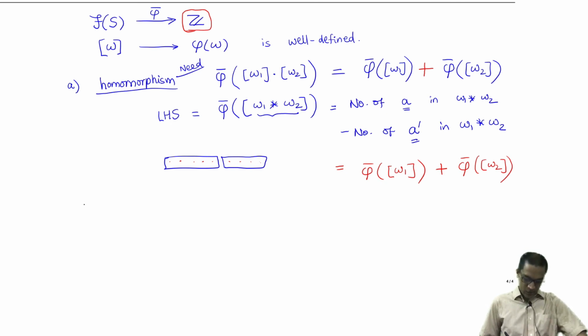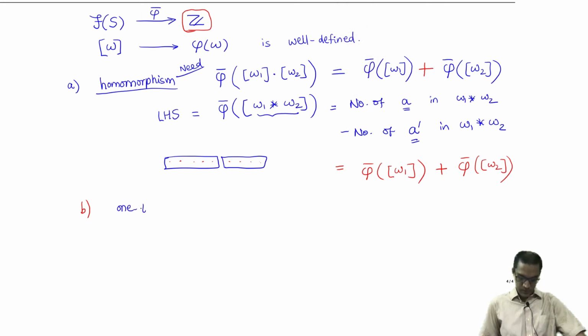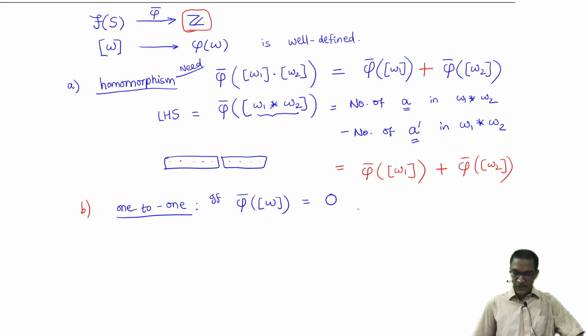Now let's look at property B, which is one-to-oneness. Let's prove one-to-one now, and then we'll prove onto. So why is this map one-to-one? Since it's a homomorphism, we just need to check the following property: if the equivalence class of a word maps to the identity element of Z, the identity under addition, remember, is 0. So suppose some equivalence class maps to 0, then we need to prove